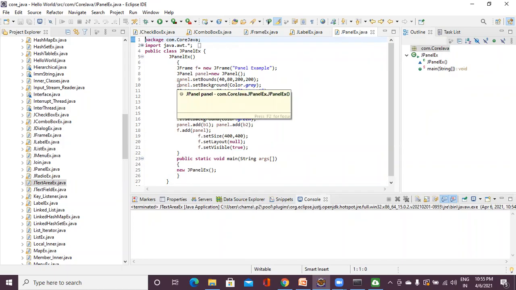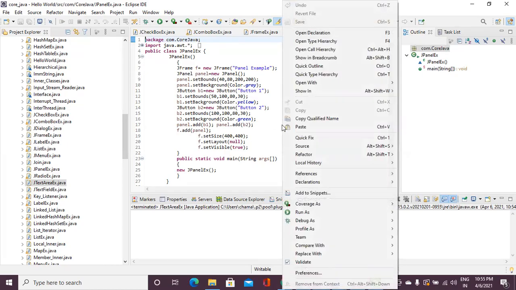Then the background color of the panel is set to Color.gray. Then the JButton B1 object is created and the position of JButton B1 is set using B1.setBounds, and the background color of the button is Color.yellow. The JButton B2 object is created. Then set the position of JButton B2 using B2.setBounds. The background color of the button B2 is Color.green. Then these buttons B1 and B2 are added to the panel, and the panel is in turn added to the frame. So when you run this program,